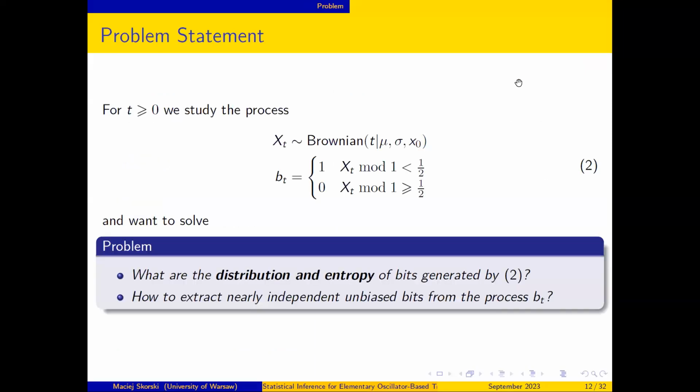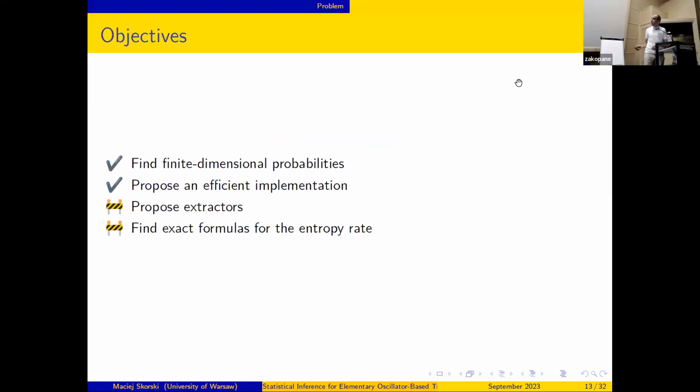The problem that I'm going to explore in more detail is to give more accurate approximations to this system and to at least think about alternatives to extraction techniques. So just to recall, we can think of a Brownian motion that starts at a certain location and that has a drift, that has its variation, and that Brownian motion models the phase of the signal. Now, depending on if the phase has its fractional part between 0 and 0.5 or above, we are going to output 1 or 0. That's our system.